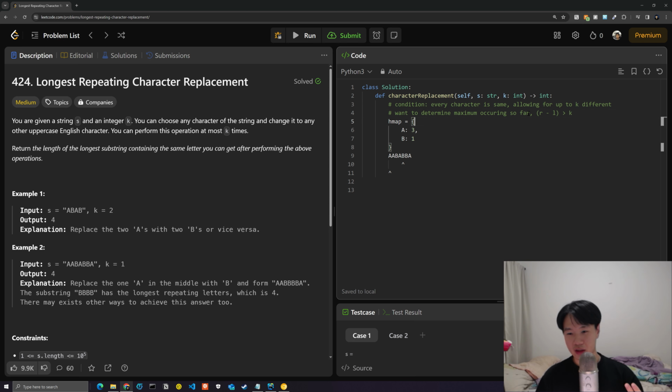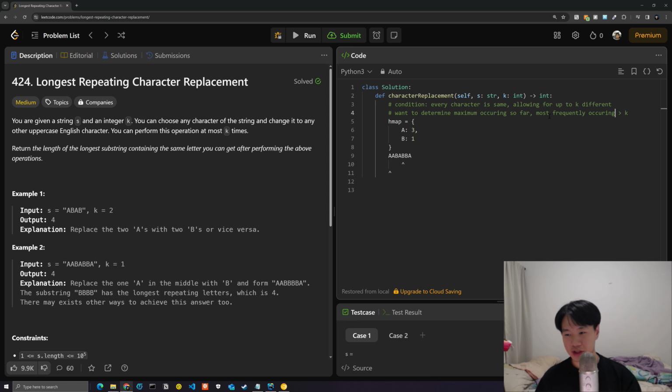Oh, sorry. Yeah, right, the right minus the left. Wait, let me think. Okay, so for the hash map, oh sorry, once the most frequently occurring, right? So instead of this, most frequently occurring. So most frequently occurring subtracted by